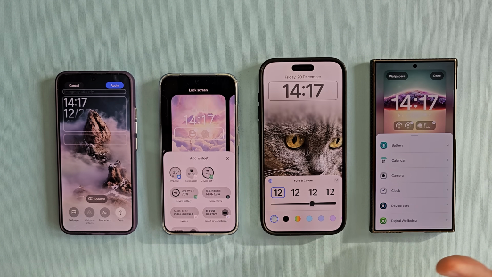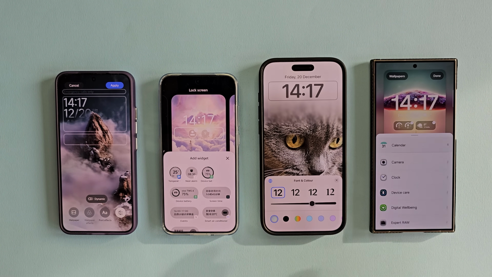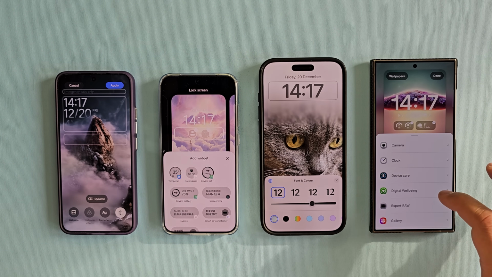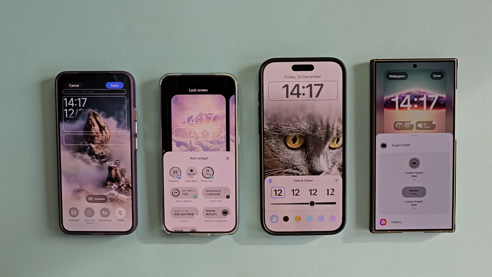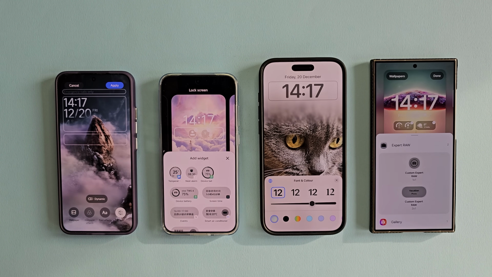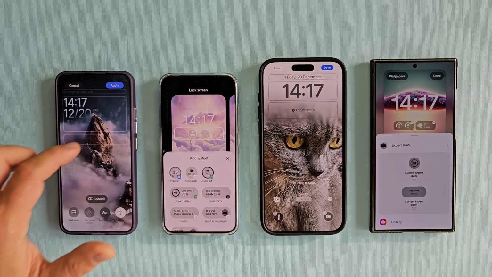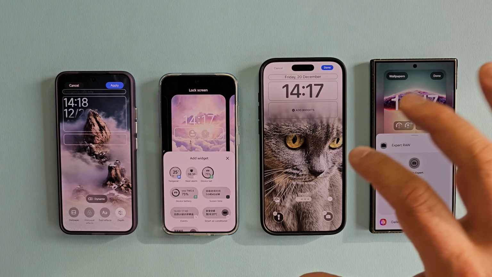Now what I like about the One UI 7 is they put so many stock widgets. It's absolutely crazy how many things you have, like widgets for the camera, even for the Expert RAW. I'm not sure if you're familiar, but the Expert RAW is another stock camera app that gives you more functionality with the camera and shooting RAW and astrophotography and etc. Somehow this doesn't work on my Hyper. I'm not sure what I did there, but it should be pretty much the same concept,